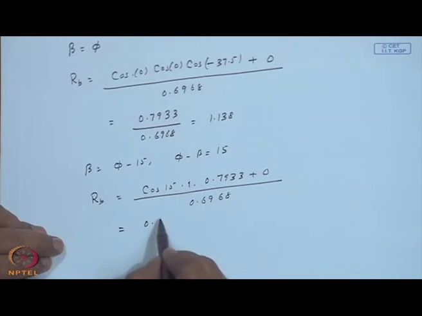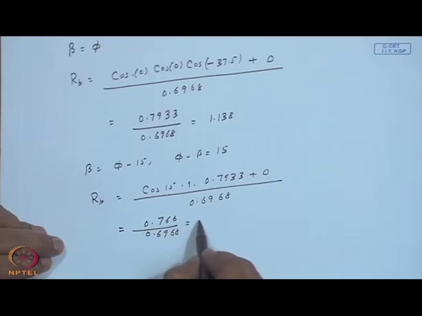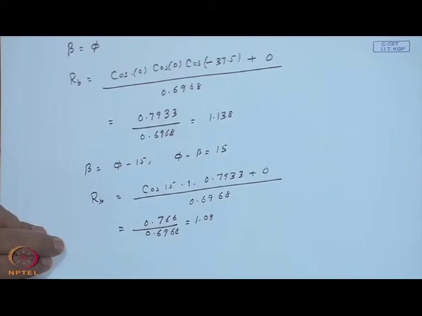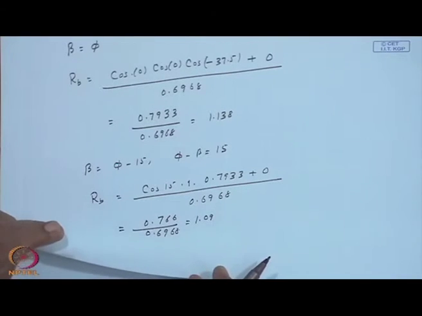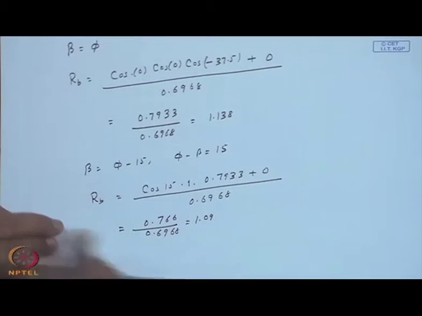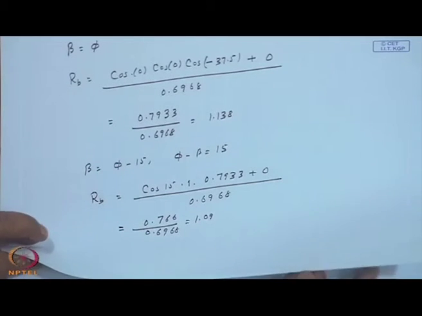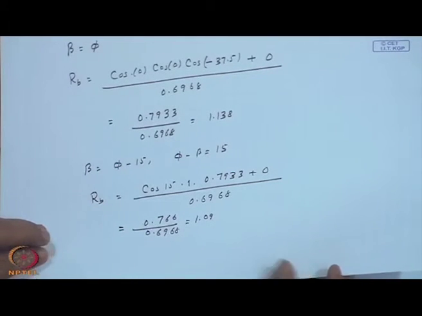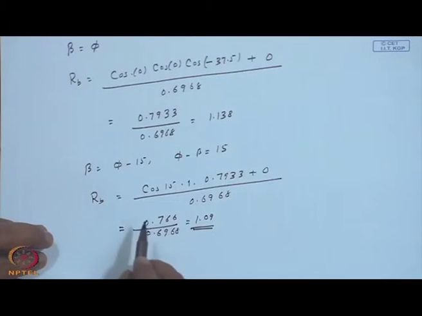This will be 0.766 by 0.6968 equal to 1.09. This does slightly better, right, because even though it is the equinoctial day, phi minus beta is positive and beta is less than the latitude and you have a higher factor. But at the same time, it is also the same thing that we found for phi minus beta equal to minus 15 in the first instance,